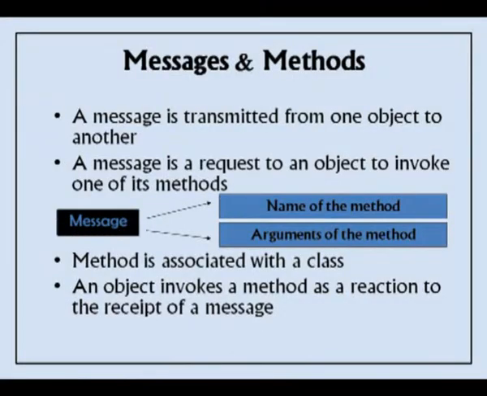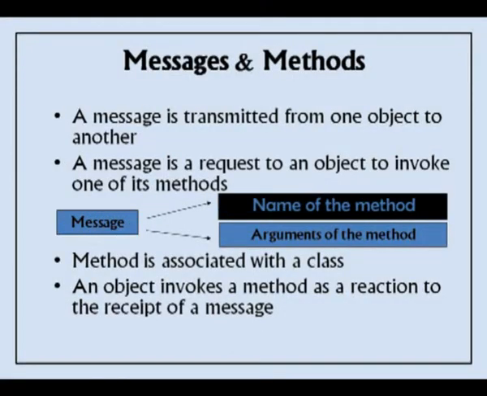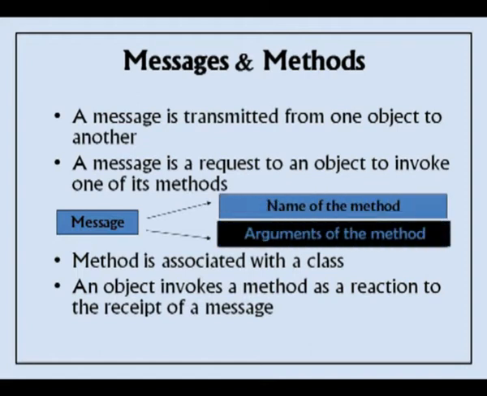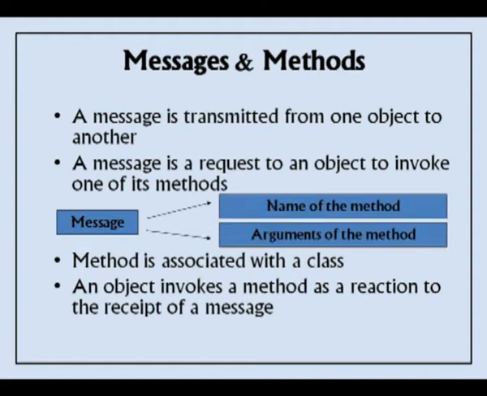So a message, what does it contain? It contains the name of the method and the arguments of the method. From this itself you can find out that a method is similar to a function. Like a function has a name and some arguments, we have seen about the formal and actual arguments in a function. Similarly, a method is also identified by a name with some features or characteristics that are to be sent to it.